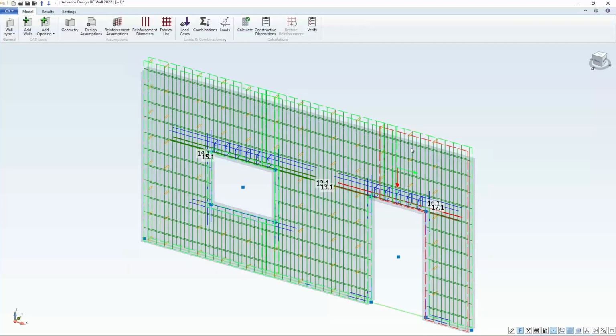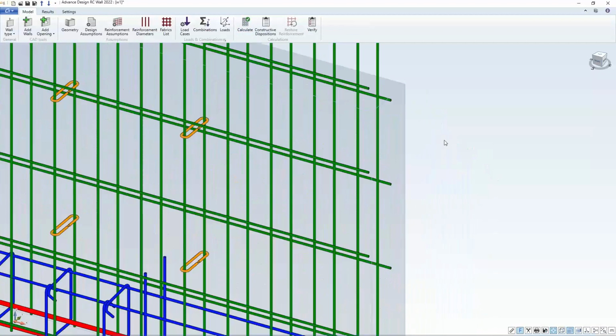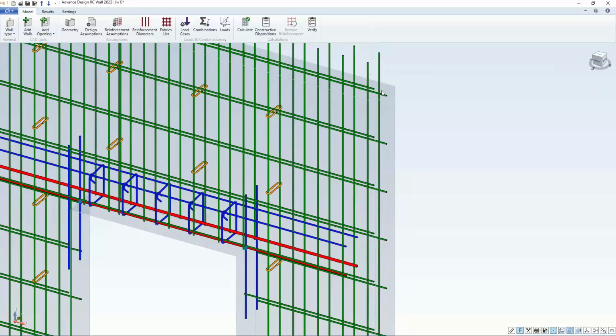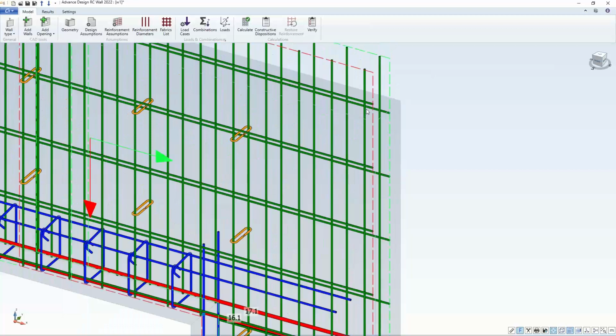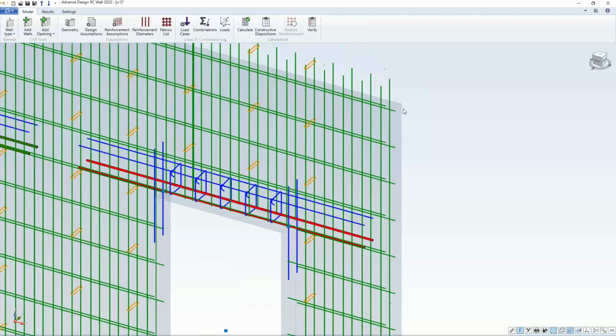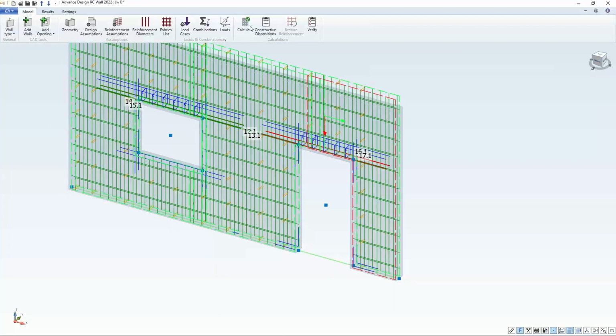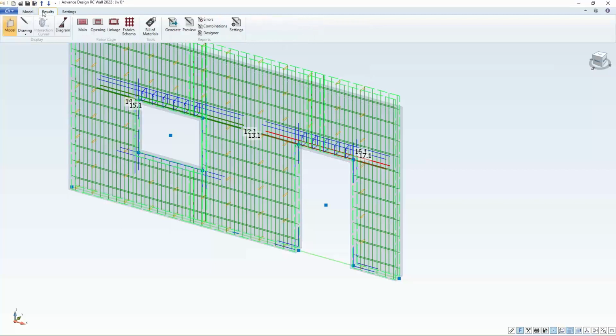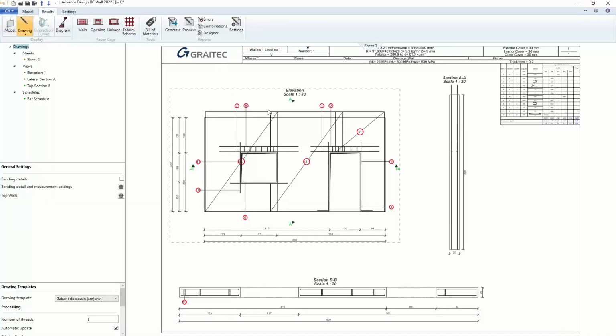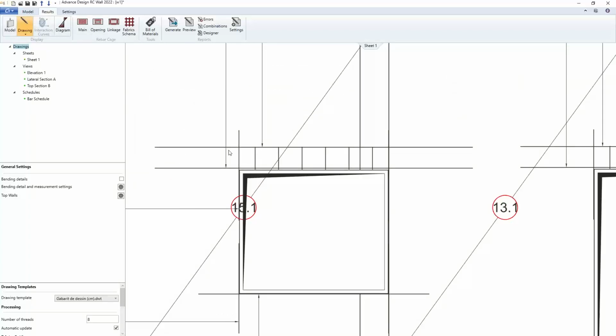Yes, there are fabrics. You can see there are meshes on the top and bottom side and the inner and outer side of the slab. So when I go to drawings, there's info about the drawings. There are also additional bars. So on the